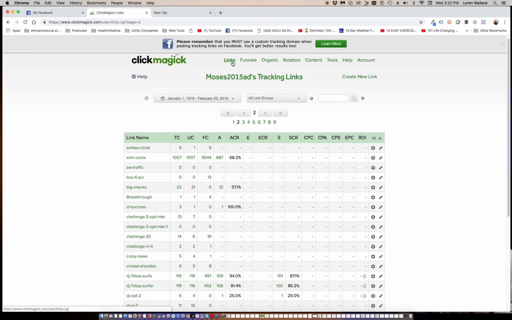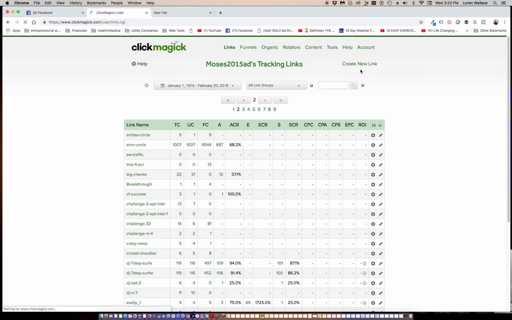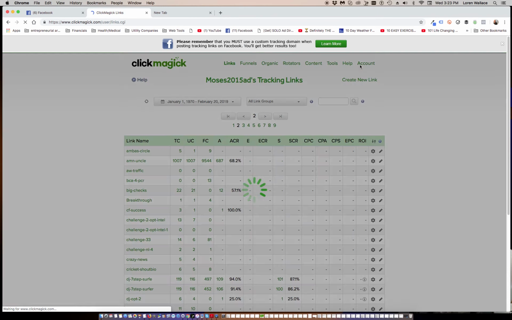When you get ready to set it up, what you're seeing right here are different campaigns that I've run, and these are the names that I've given those campaigns so that I can track them and understand which ones I want to look at and when I want to look at them. So you go to Links, and it's going to take you where we're at right now. Then you go to create a new link,